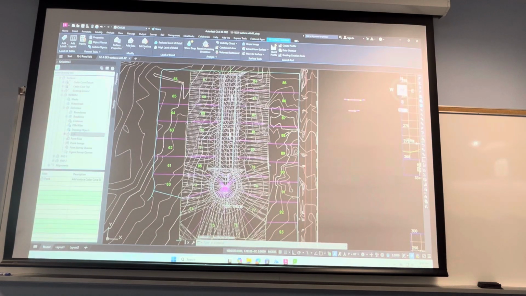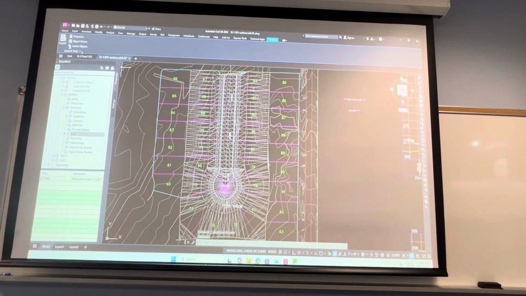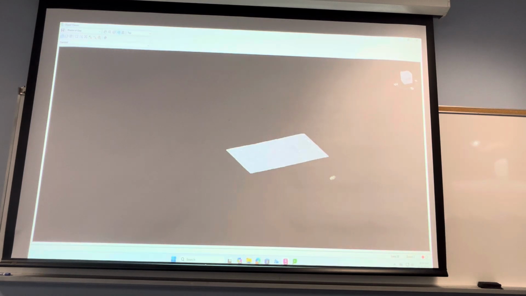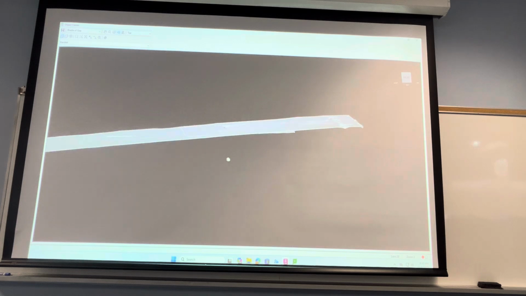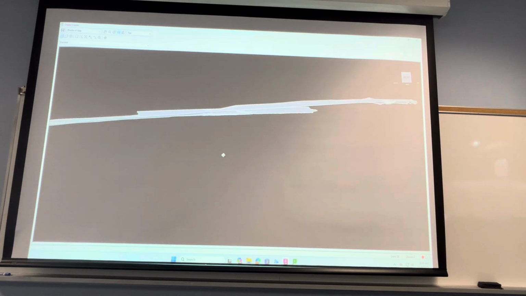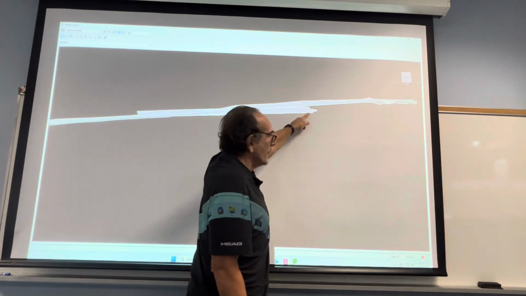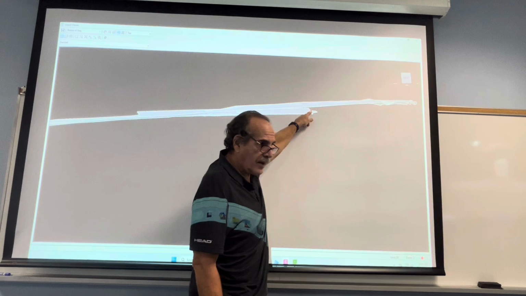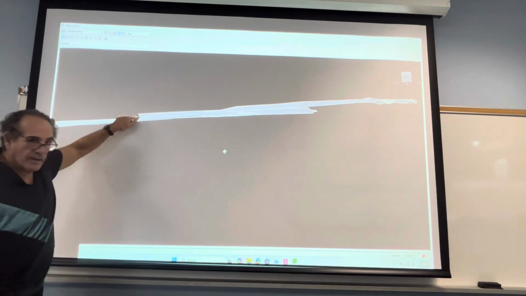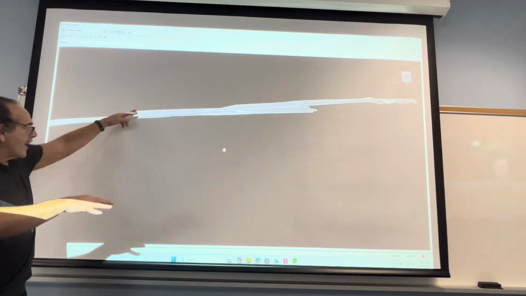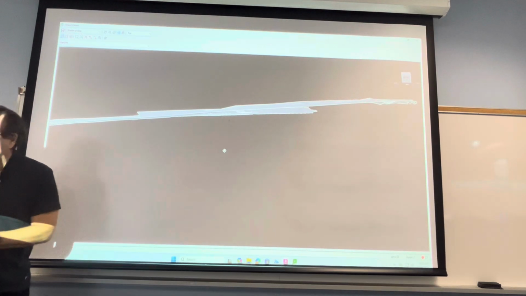And now, if we take a look at this on the whole surface. Okay, so this thing here is our new surface. You can see it's below the existing ground over here, and it's above the existing ground over here. So again, we've made this subdivision, we've graded it. Now we have to connect it to the existing ground, or else it's going to